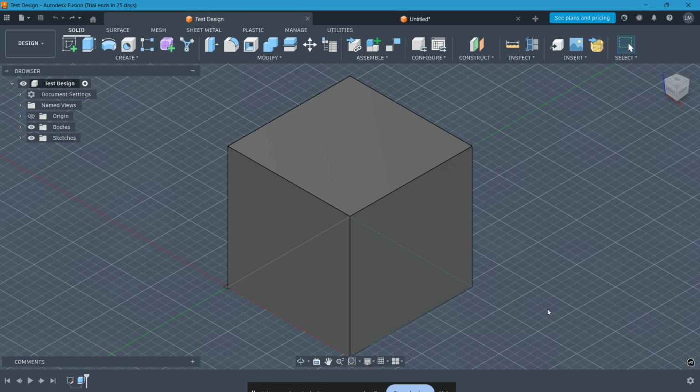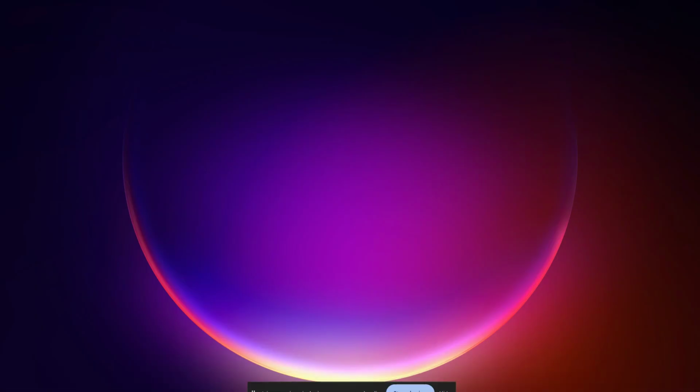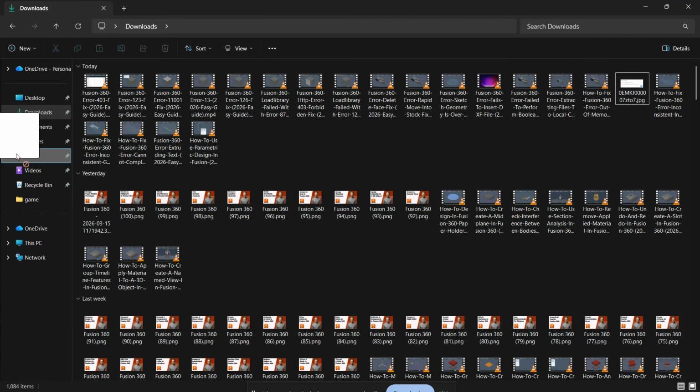Now let's go step by step and locate the Fusion 360 error log on a Windows computer. First, completely close Fusion 360 if it is currently running. This ensures the log files are saved properly. Next, open File Explorer on your computer. In the address bar, navigate to the following location: